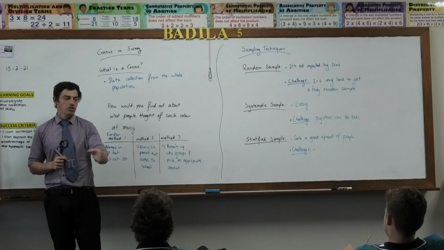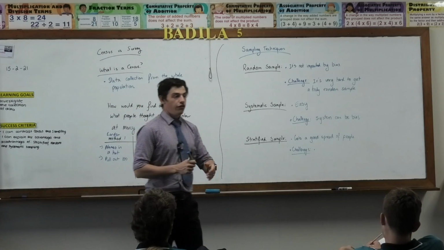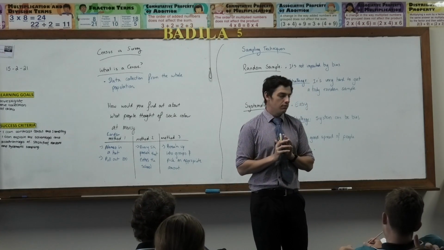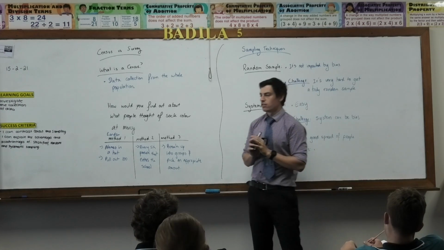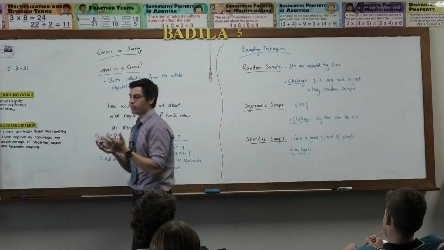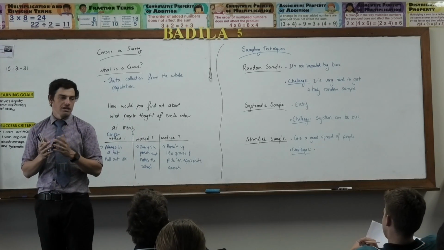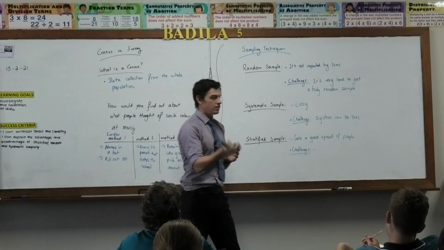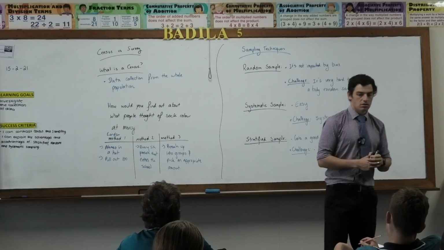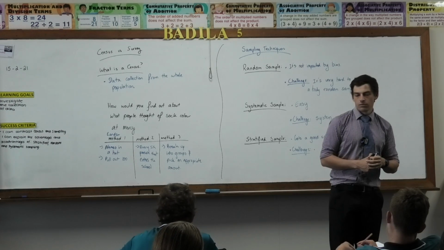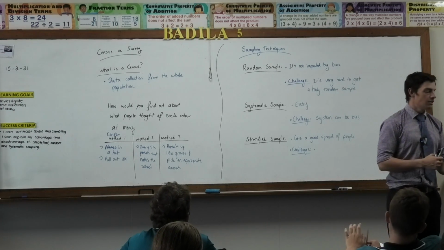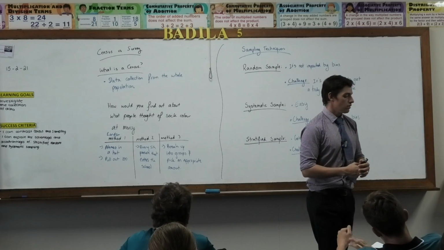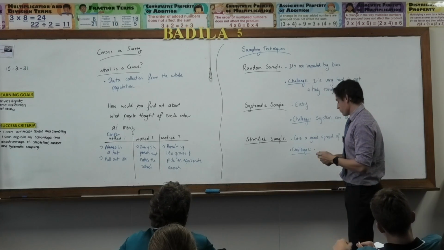Mark's also a cricket player. Jake's a rugby league player, correct? If I was to walk down to the shops in Macquarie and put people in the groups, what's the problem? Is it very simple to put people in the groups? Does that represent what actually is going on? No, it doesn't. You're not just a year 10 student. Some of you are boys, some of you are girls, some of you like sports, some of you like all sorts of things. So the problem with stratified samples